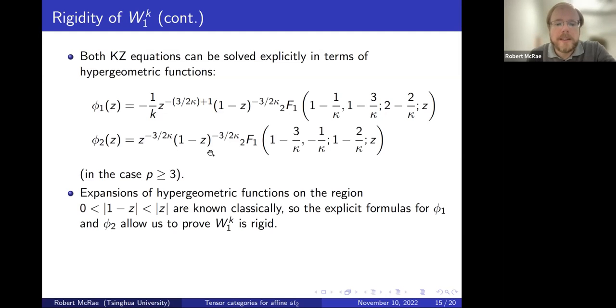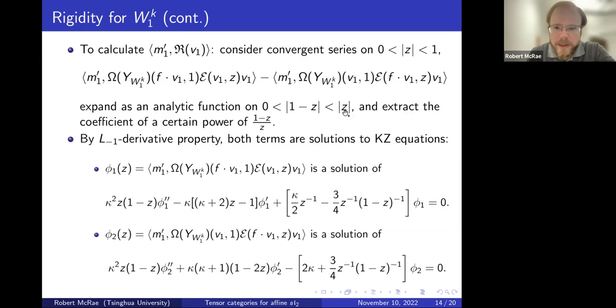I wanted to write these explicit solutions down because I wanted to highlight this +1 here in the z, because that took Xinwei quite a bit of work to find that +1 and to actually get this solution. In retrospect, you can kind of see why there has to be a +1 here, because if you look at what that second series is, or is it the first series rather? It's the first series, and basically this evaluation intertwining operator cannot have any